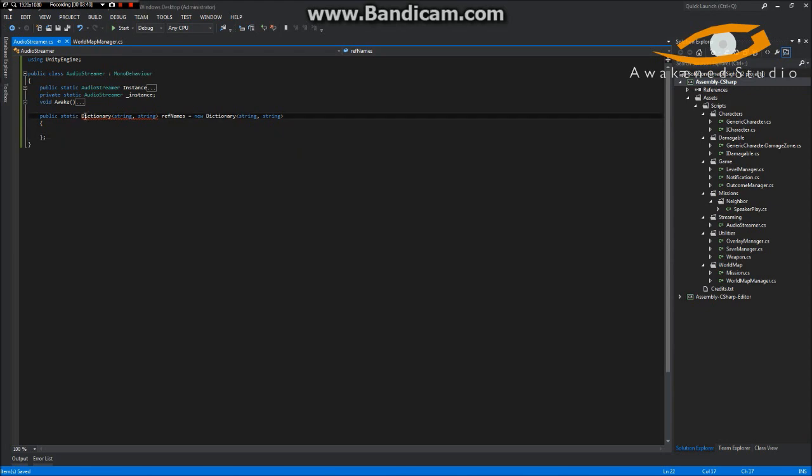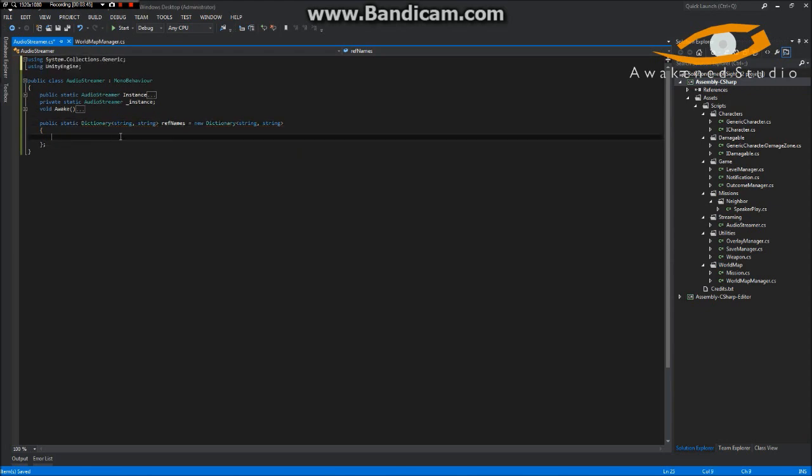Alright, first thing we're going to need to do is import System.Collections.Generic, the same one we use for the lists. A dictionary is pretty much like a list, except only one key can point to one value, and this is the key of type string, and the value is also of type string. So it's useful for many purposes, including what we're using it for. And we're going to default the first one to actually have it copied down